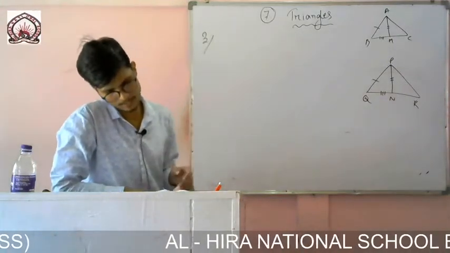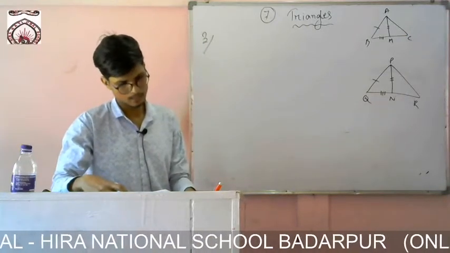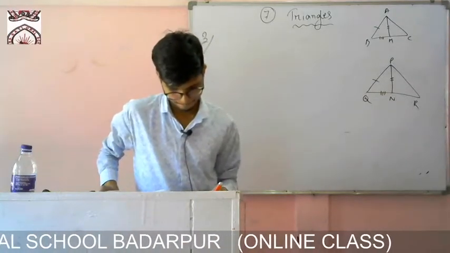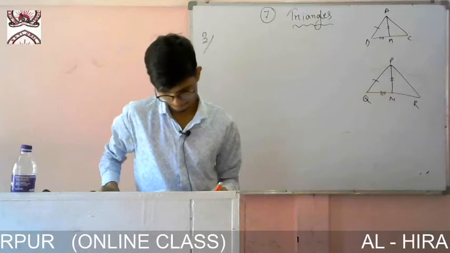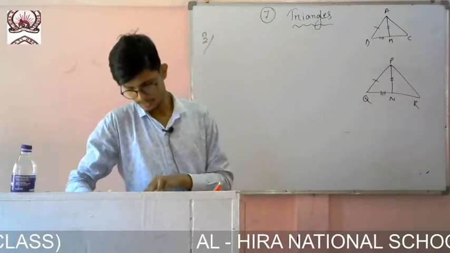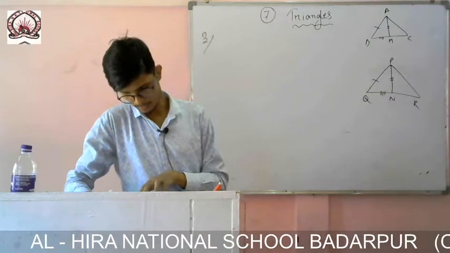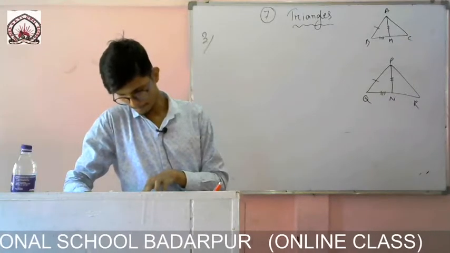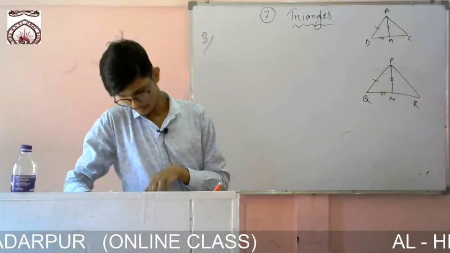You see the book, it is given there by marking. So I have to prove first of all that these two triangles are congruent, then I have to show that the two medians are also equal. What is given? Two sides AB and BC and median AM of one triangle are respectively equal to PQ and QR and median PN of the other triangle.